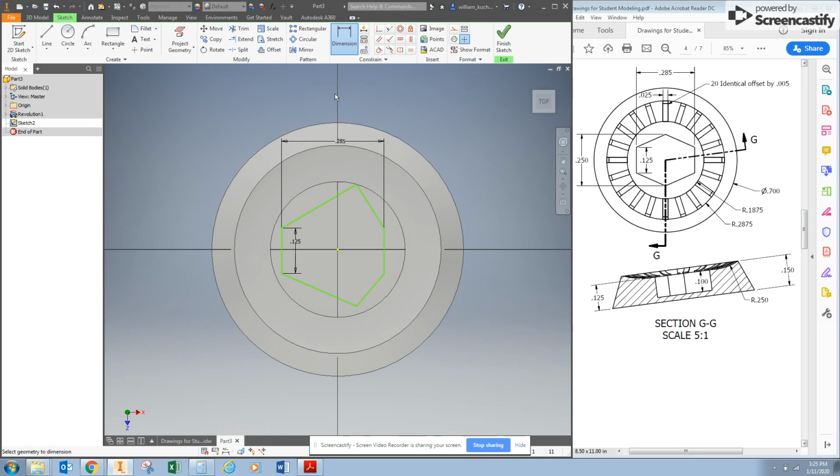This got ugly quick, but let's go ahead and horizontally line up the midpoint of this with the midpoint of that, and the center line with the midpoint of that. That'll help out a little bit. And then let's put vertically, let's put this point above this, and let's put this point below this. All right. And now, if we dimension the distance from up here to down here to be our 0.25,